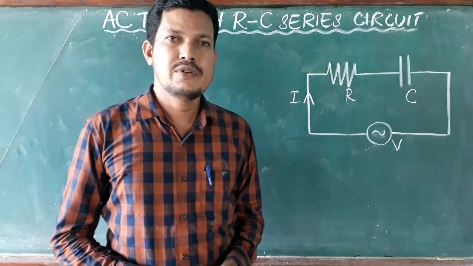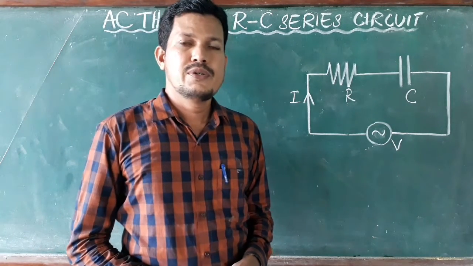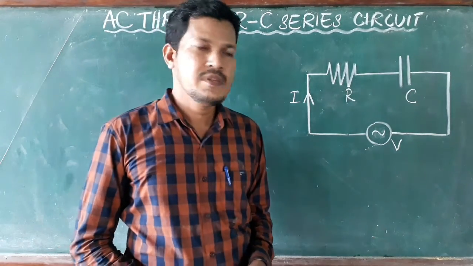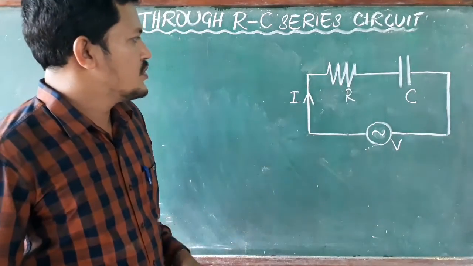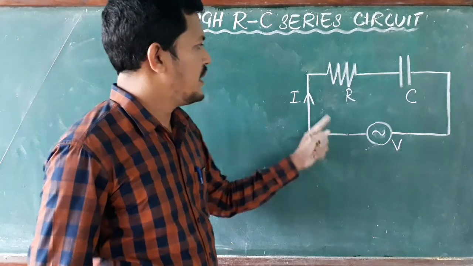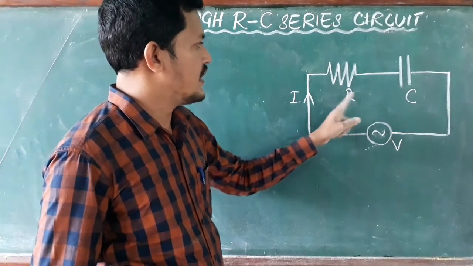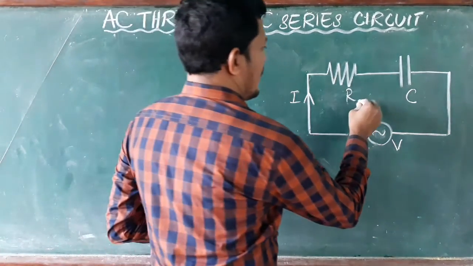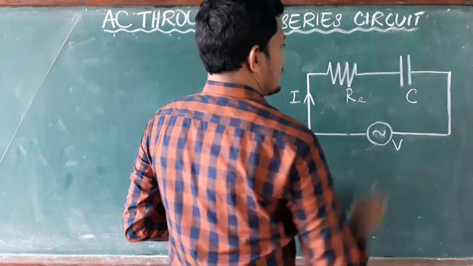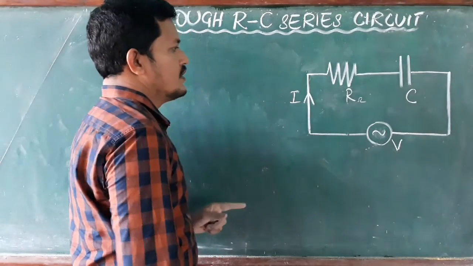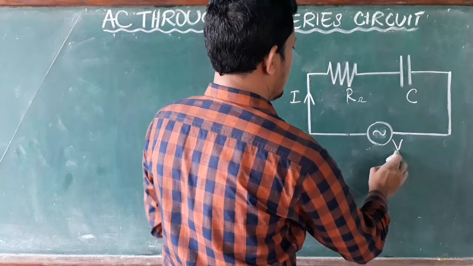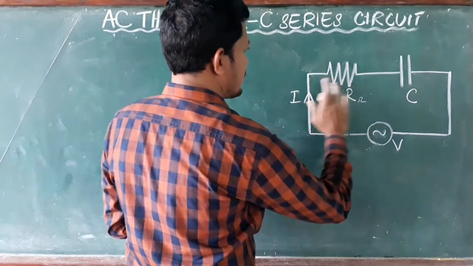In this video, I am going to discuss the circuit which consists of a resistance and a capacitor in series. The circuit shows a voltage source applied across a series combination of a resistance and a capacitor. Here the resistor is R ohms and the capacitance is C farads. Now, whenever we apply the alternating source with a voltage V, a current flows through the